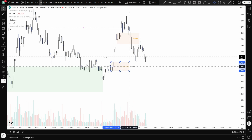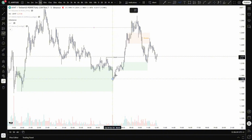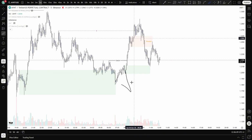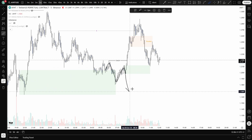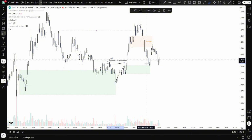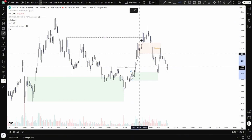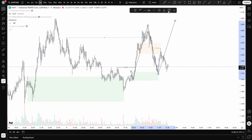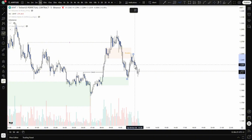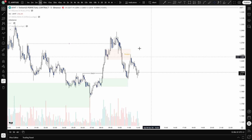We have this local demand we made before the change of character. Last place, where sellers tried to push price lower because that was our expected order flow, but the buyer said no, push price up, and we got a break towards the upside. So that is going to be a strong demand to hold within our uptrend. As we can see, locally we're getting a reaction from this right now. From this up move, we rejected the breaker block though,